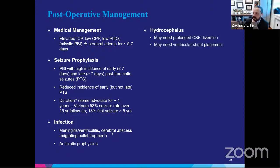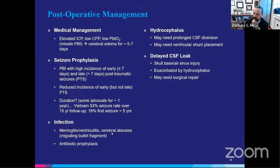Hydrocephalus: these patients have a high rate of hydrocephalus and may need prolonged CSF diversion. They often have IVH, particularly with a missile injury, and they may need a shunt placement. They may have delayed CSF leak from a skull base or a sinus injury. This may be exacerbated by hydrocephalus, which was the case in the first case I presented,